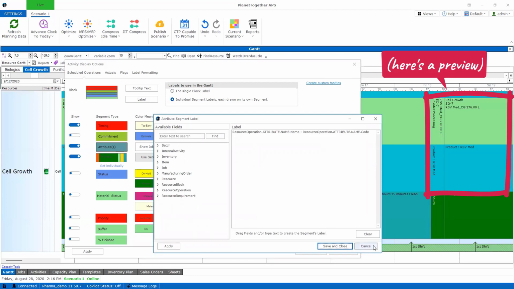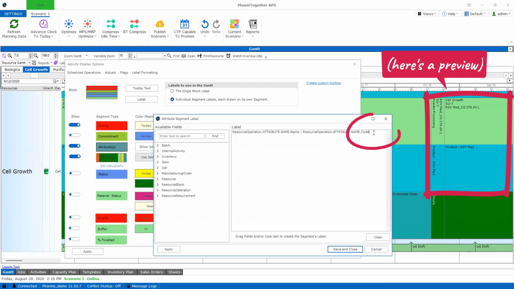Expand the window and click in the text area all the way to the right and press Enter to start a new line. Use the search feature to find desired fields from a list of literally hundreds of fields. Anything that's in this database that applies to this segment attributes will be available to show data here. For example,